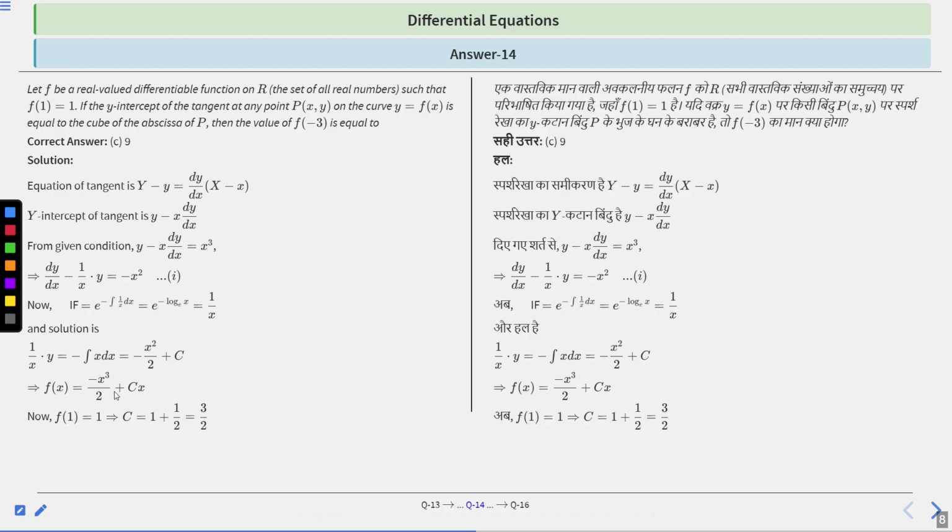Therefore, f(x) is equal to minus of x cube by 2 plus cx. Now, f(1) is equal to 1. Since f(1) is equal to 1, given in the question, therefore, c will be equal to